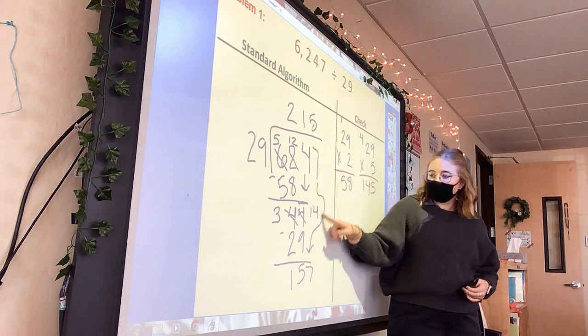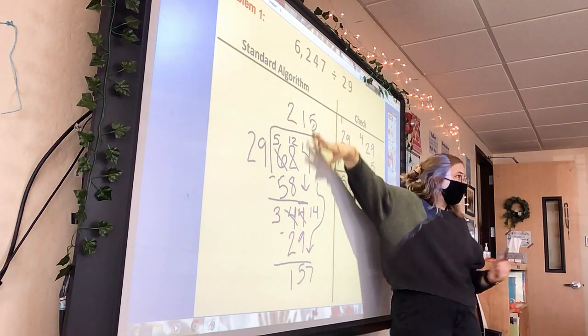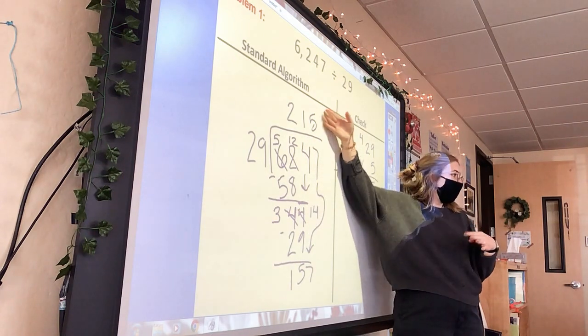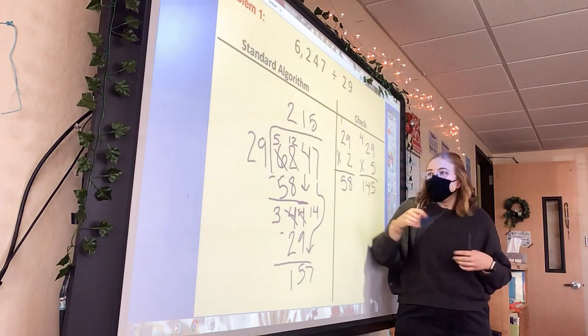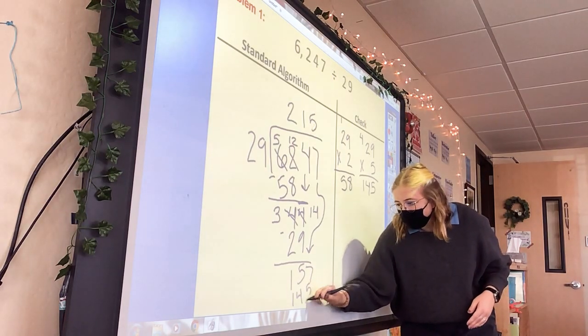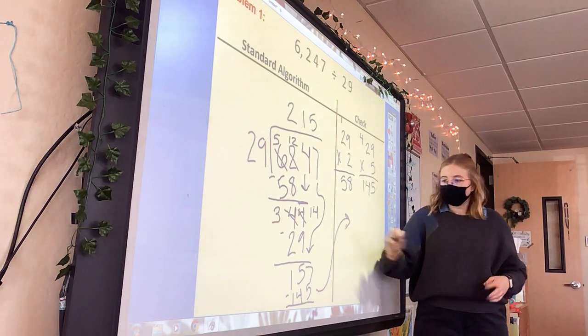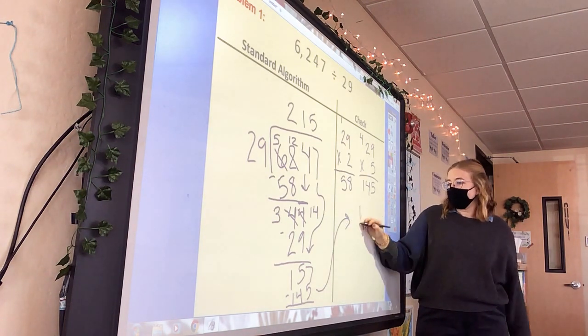So I brought down this 7, which means that I'm going to write the 5 over the 7. You're kind of writing it over the number that you brought down, if that helps. So anyway, 29 times 5 is 145. And then Brady was talking about how you can make another row. So